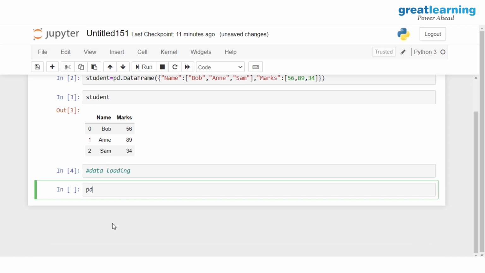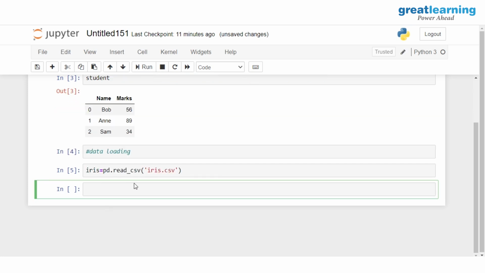Here I'll write down pd.read_csv, and this is the method which I'll be using to load a CSV file. Inside this, I have to give in the name of the CSV file along with the extension. So I'll write down iris.csv and store it in a new object called iris. I'll hit run. And let me print out iris for you guys over here.